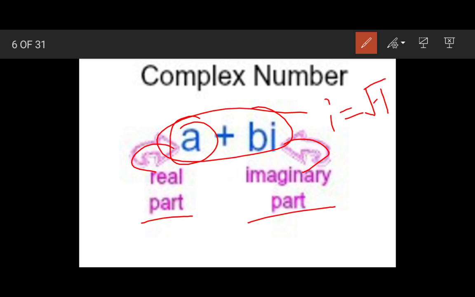So the complex number concept is clear. Complex number has come to solve the question of x square equal to -1. To solve this, we come across the concept of complex number. So in complex number, we are dealing with numbers written in the form a plus bi. So with this I am concluding this video. So thank you students.